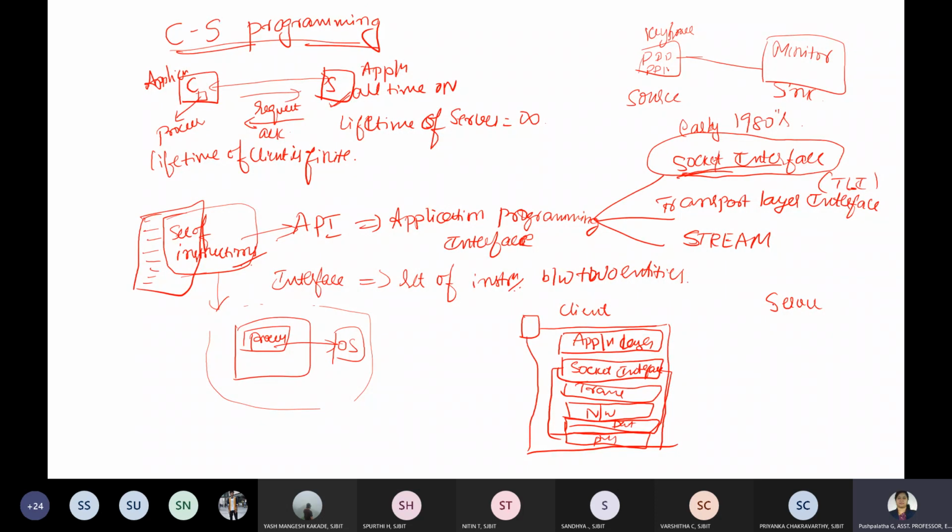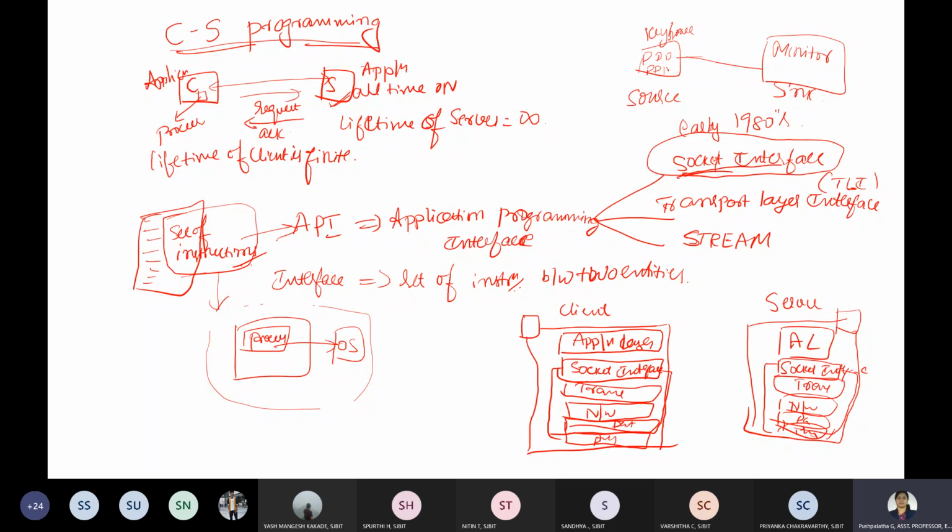Similarly, we'll have one more system at the server end. You have an application layer followed by the socket interface, and this gives the instructions, that what these layers should do: network, data link, physical, like that.